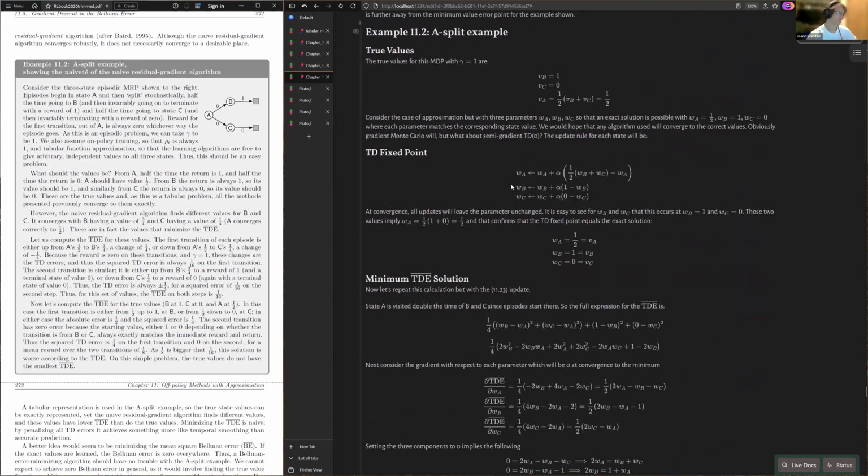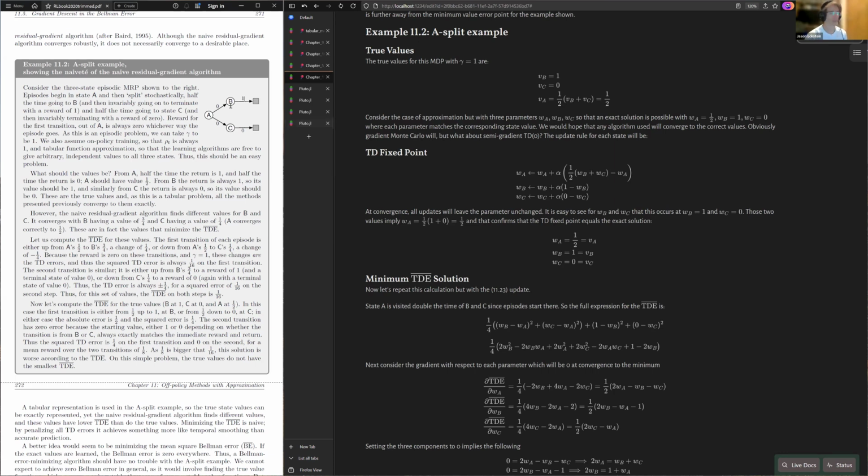So I believe, okay, this example is a pretty simple problem, but you can actually see what solution you get with all the different methods. You start in a state A, and the probability is split, and you can either transition to B or C. B just always transitions to a terminal state with a reward of 1, and C transitions to a terminal state with a reward of 0. So you can just see what the solution is to this problem without even calculating anything,